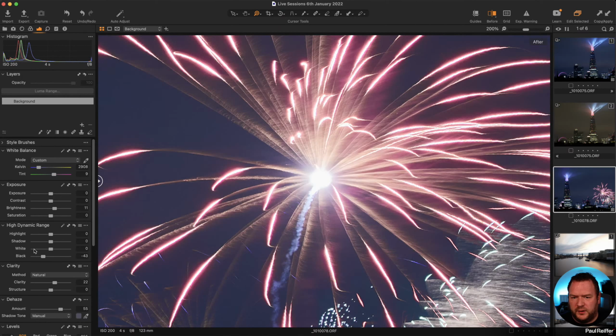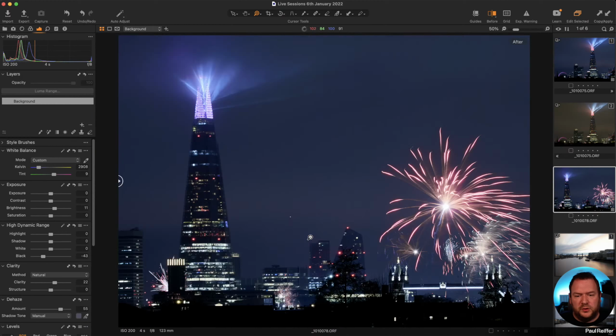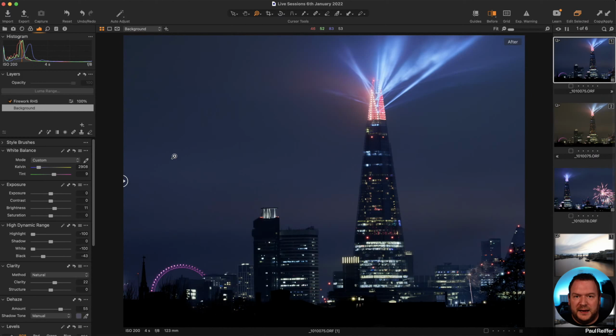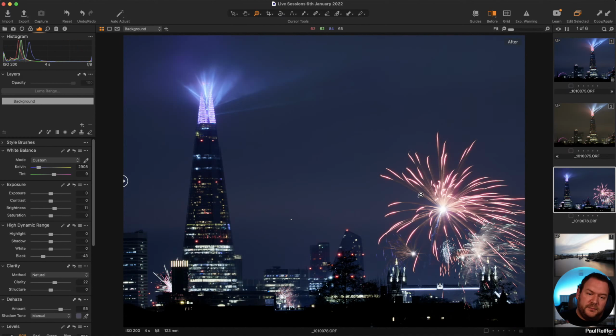And likewise, if I reset the white, I get even more of a glow in the firework. So just be careful that you're not using the HDR tool, I guess, to fix a load of stuff that then in the next picture, in this case, I didn't need any whites or highlights in this shot. I wanted to recover it all. But having pasted those settings into this one, it would be a shame to lose that glow in that firework.